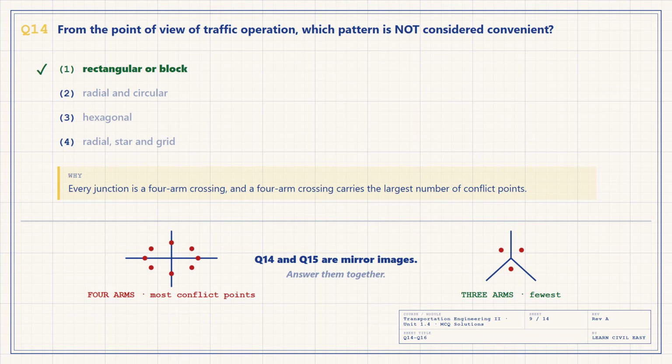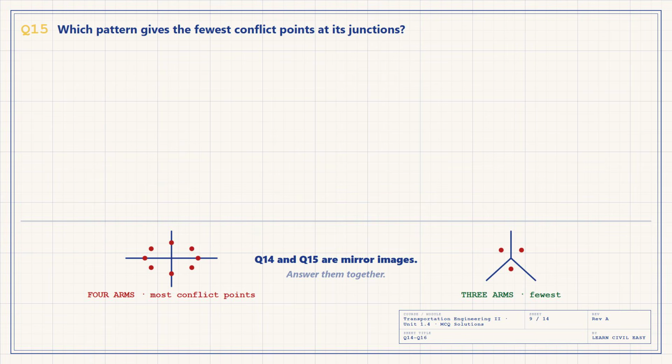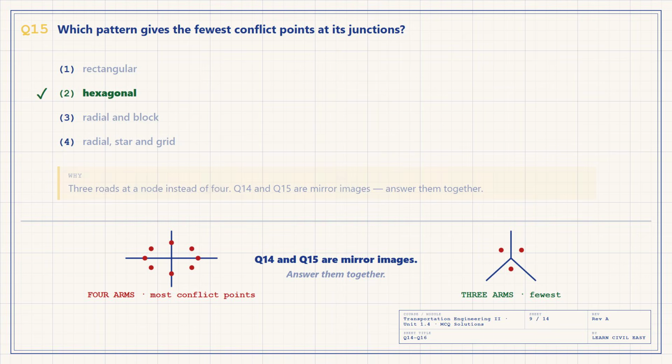the answer. In a rectangular pattern, every junction is a 4-arm crossing, and a 4-arm crossing carries the largest number of conflict points. Question 15. Which pattern gives the fewest conflict points at its junctions? Option 2, hexagonal, 3 roads at a node instead of 4. Questions 14 and 15 are mirror images of one another, so answer them together and you will never get either